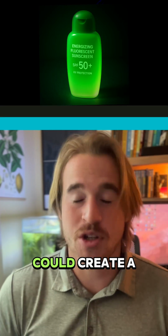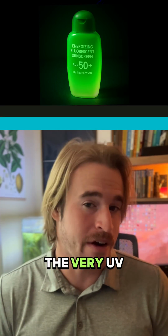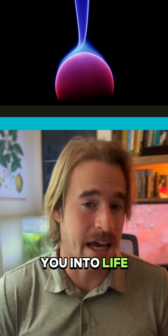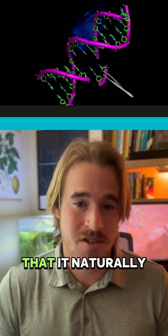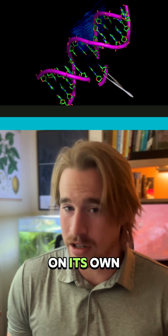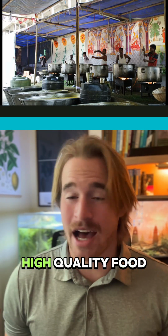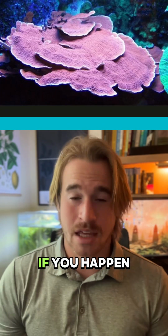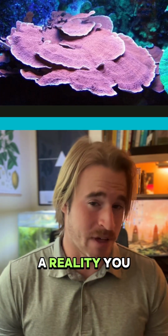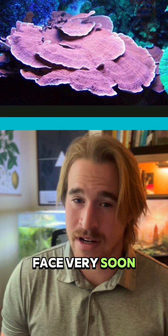Imagine if scientists could create a sunscreen that turns the very UV rays that harm you into life-sustaining energy. And then they could genetically engineer your body so that it naturally produces the sunscreen on its own, which in turn helps you produce high-quality food sources for hundreds of millions of people around the globe. If you happen to be a coral, this could be a reality you face very soon, and it's related to